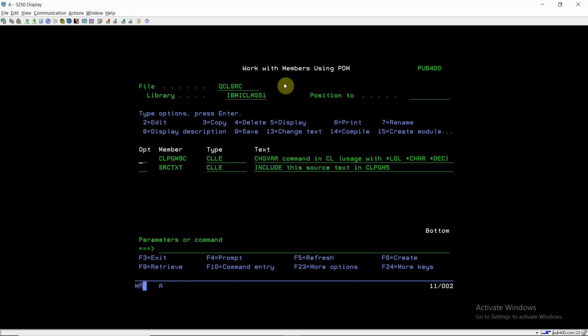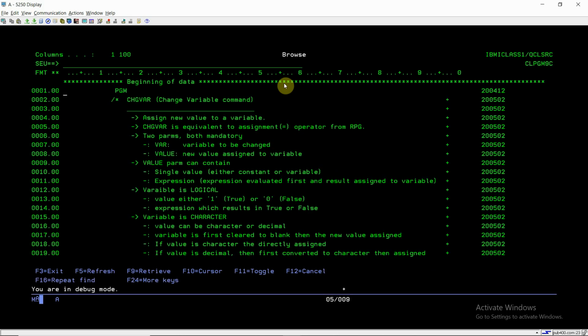I've written a few points here about the CHGVAR command so that you get a brief idea of how to use it with different types of variables like logical, character or decimal. Whatever I've written here, I'll demonstrate later in this example as a program.